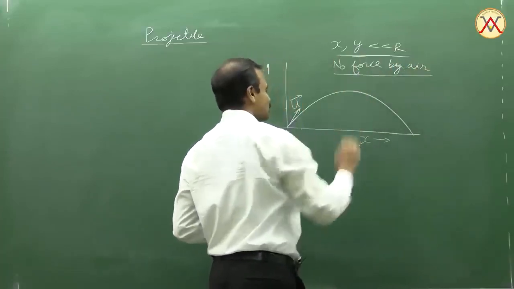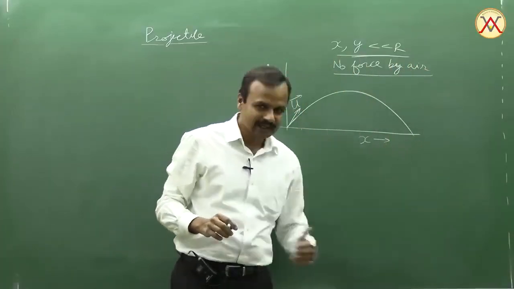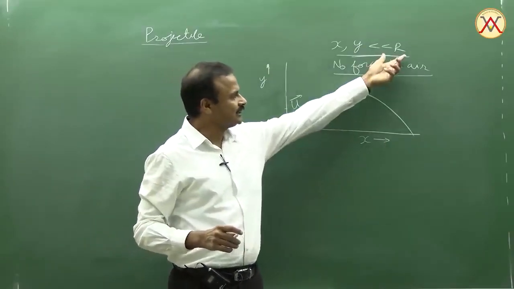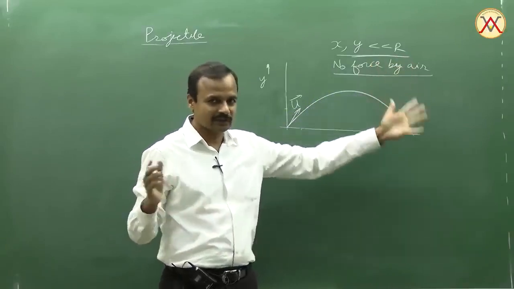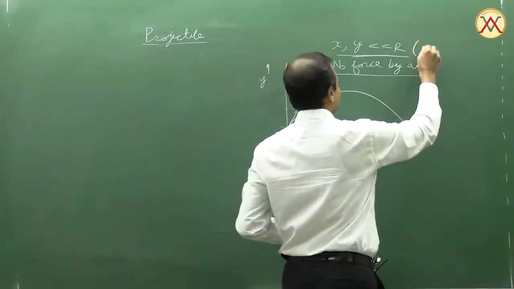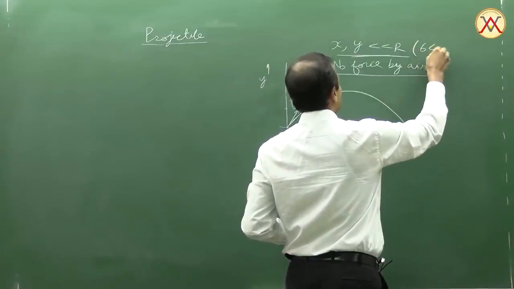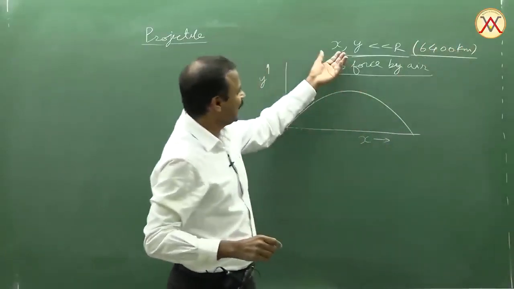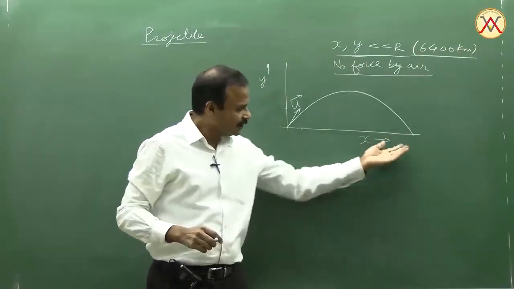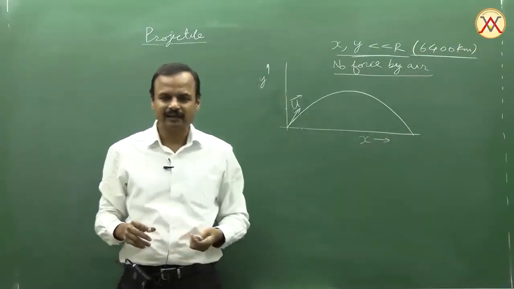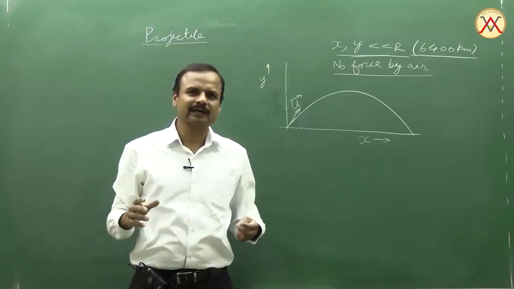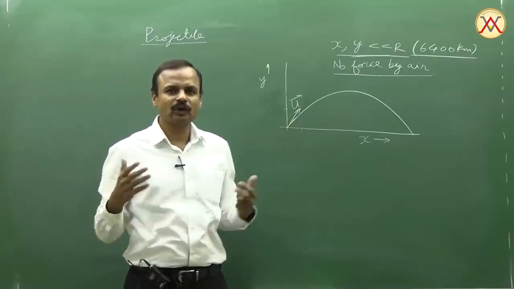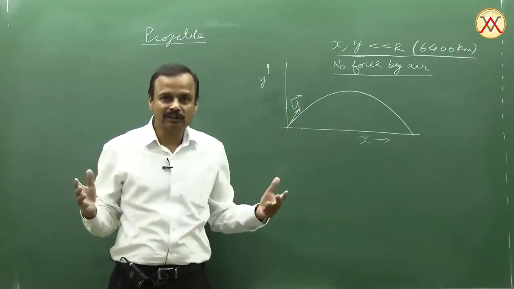The body has to be close to the surface of earth, and should not travel large distances even in the horizontal direction, where large means large compared to the radius of earth. To give you an idea, the radius of earth is 6,400 kilometers. So if the height and the horizontal distance are a few meters, it's all right. Even if they are a few kilometers, it is all right. But they should not be like 1,000 kilometers.